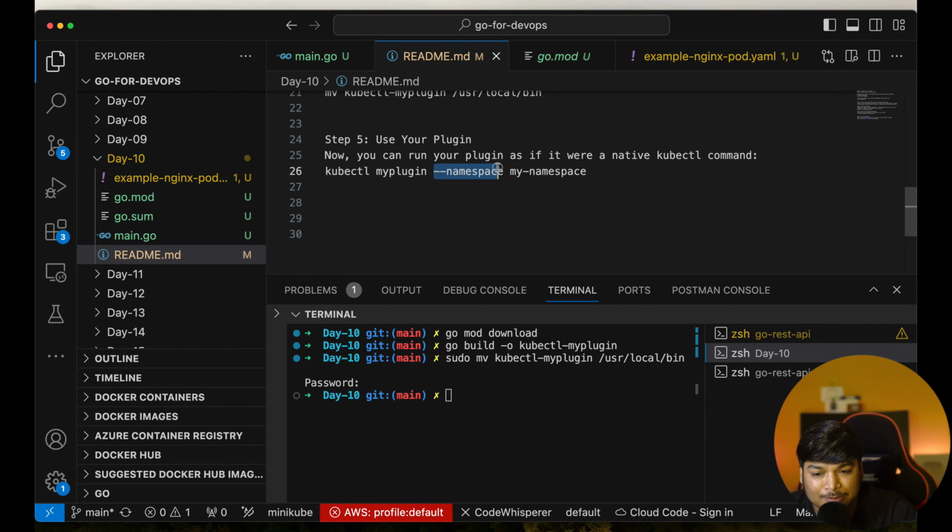Then dash dash namespace, then my namespace. Now for me, I can give any namespace, but if you don't give any namespace, it will take the default. So just let's do that. And because I use the default namespace, let's go with the default and see it will list what this nginx